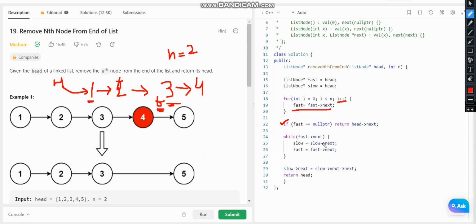There is a while loop which basically says that we have to move the fast until its next becomes null, right? This is basically the short form of writing that. If you don't want to write this, you can say fast next not equals nullptr, right? Okay, so